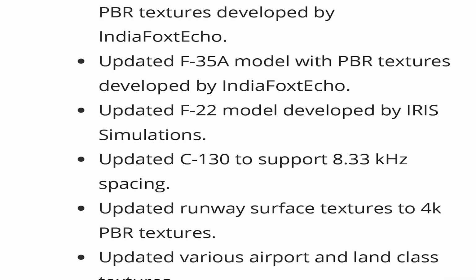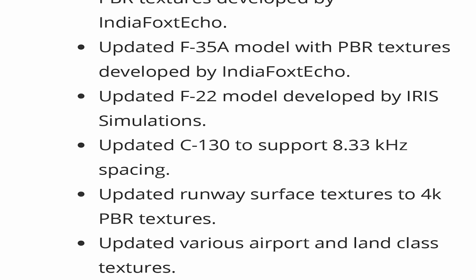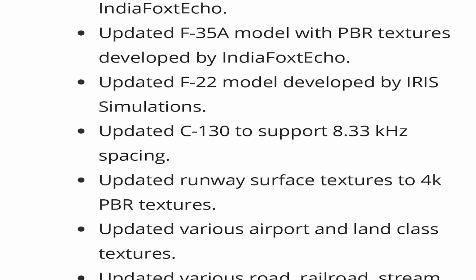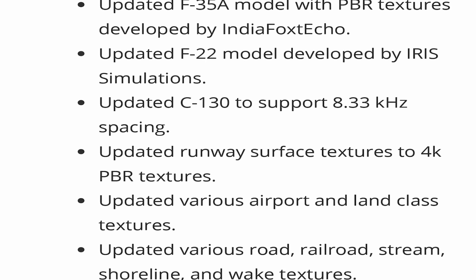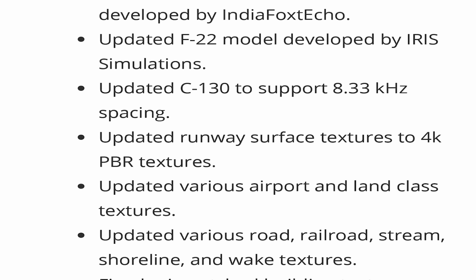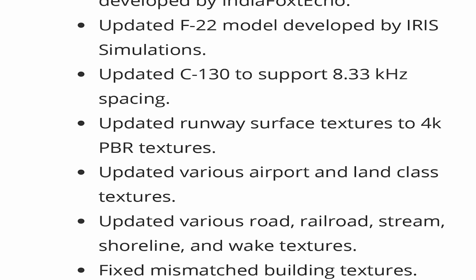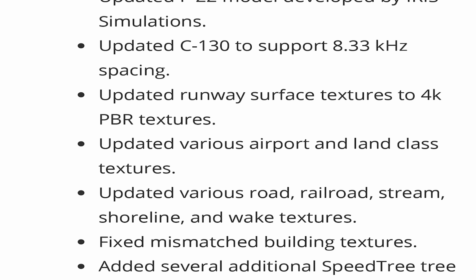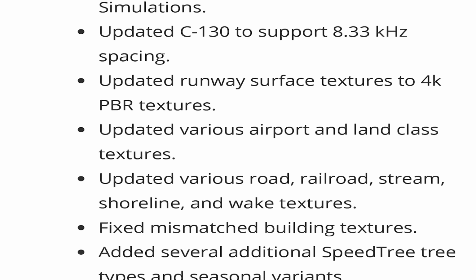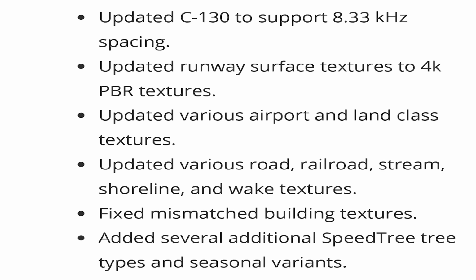Updated runway surface textures to 4K PBR textures. You can see that, and you will see that when we have a look at it. The runways look a lot better. Updated various airport and land class textures. Again, we'll see that when we have a look at it. Looks much better. Updated various road, railroad, stream, shoreline, and wake textures. They have. Again, we'll see that because I'm gonna do a flight from Liverpool Airport near the coast, so we